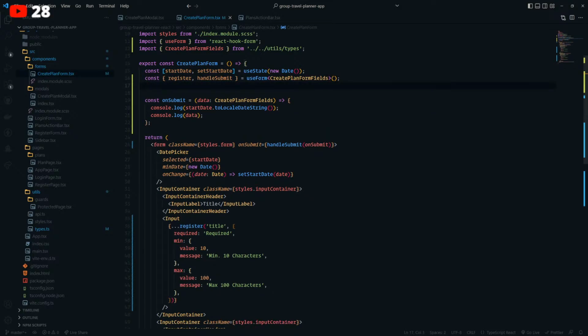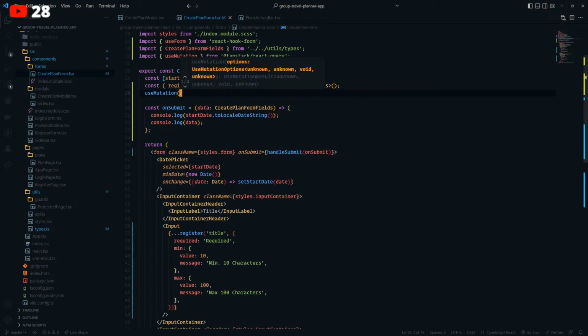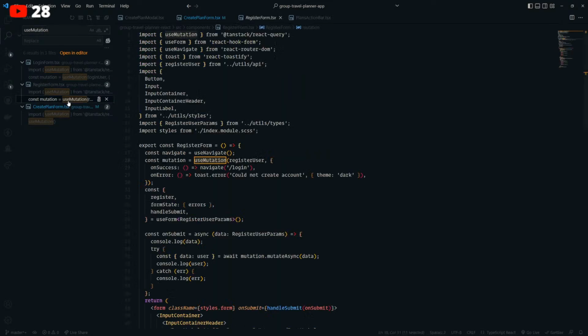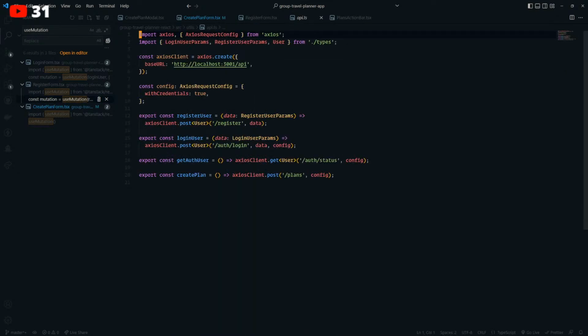Okay, so I guess with ourselves we need to use the useMutation, right? So if I want to make a POST request, I use the useMutation hook. And we basically need to pass in the function, because I did use this last time. Right over here, registerUser. I'm gonna start suffixing everything with API from now on.